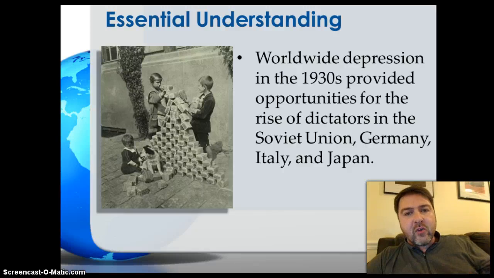The famous picture here of the children in Germany playing with blocks of money as if they were toy blocks gives a sense of how worthless the German currency was at this time. In such an environment, dictatorships are easy to get established and to